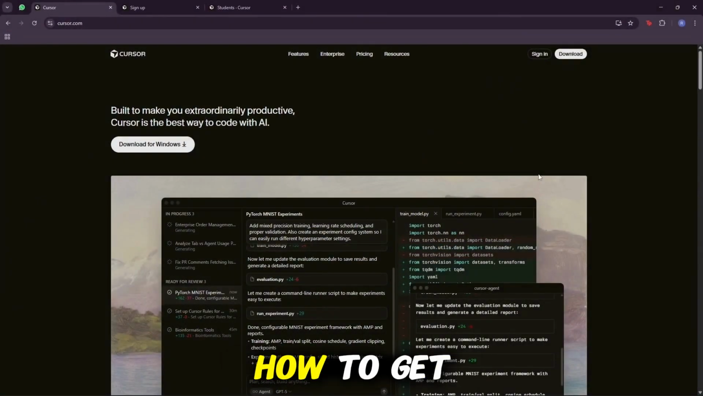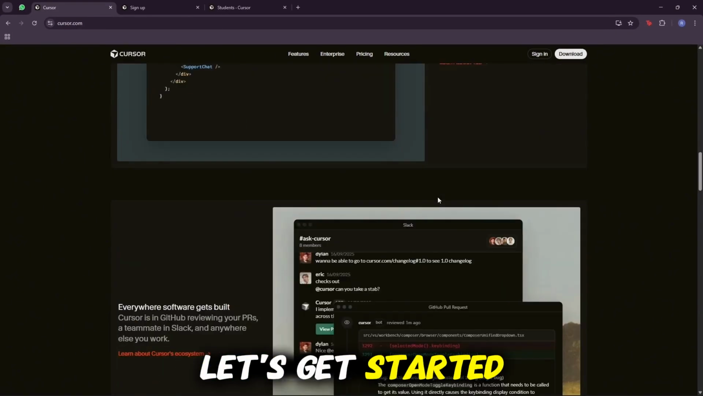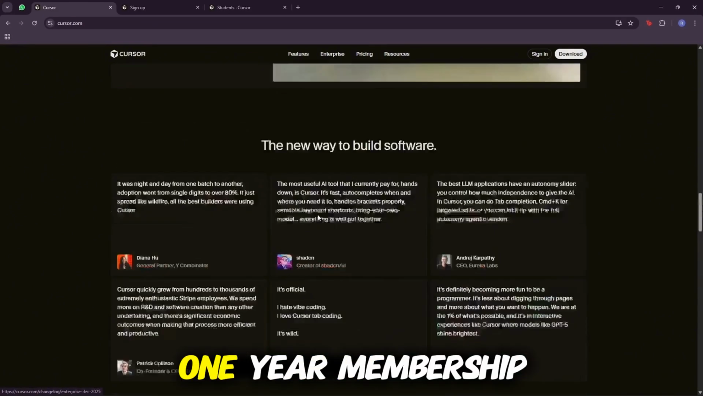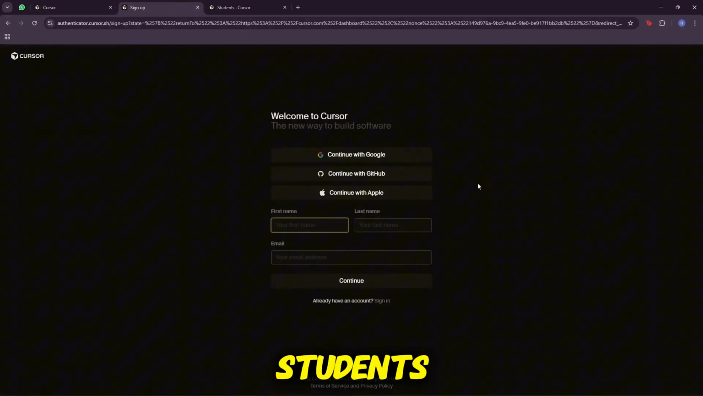In this guide, you will learn how to get Cursor AI for free as a student. Let's get started. Cursor, the AI-powered IDE, has officially launched a free one-year membership plan exclusively for students, and it's